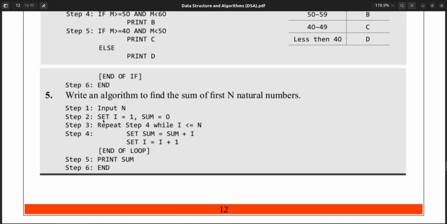Next one is set I equal to 1. That is what? It's a loop. To start the loop means we have to start from 1 to n. So 1. Sum is equal to 0, because by default sum will be 0. We will start adding values here. Repeat step 4. Which step? Step 4 we have to repeat